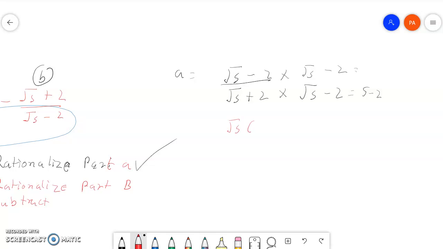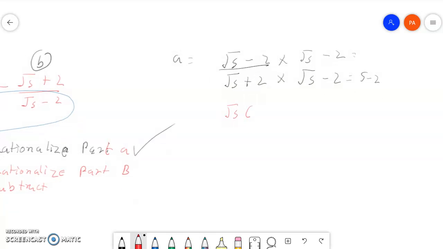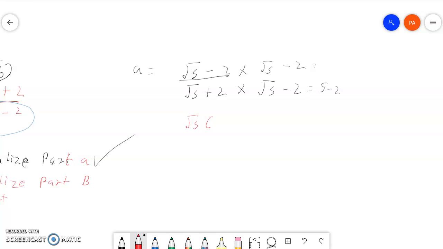So I'll first of all tell the algebraic identity we are using for this. If you are not familiar with the chapter or you haven't read it, that's not a problem. I'll make a separate video on this kind of algebraic identity. So for now I'll do it with the long cut method also. Root 5 plus 2 and minus 2 root 5 plus 2. Okay. Root 5 into root 5, 5, and 2 root 5 minus 2 root 5 minus 4, this gives us